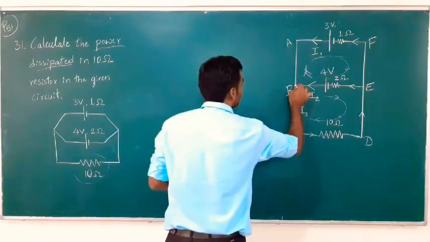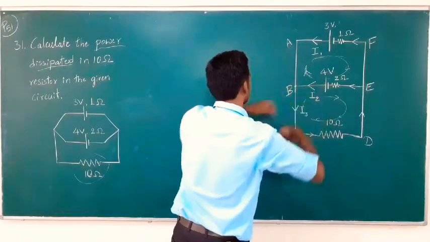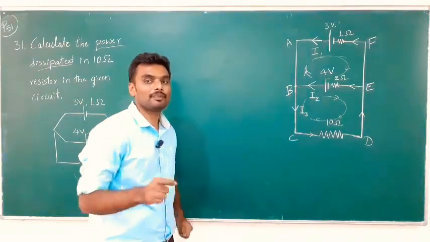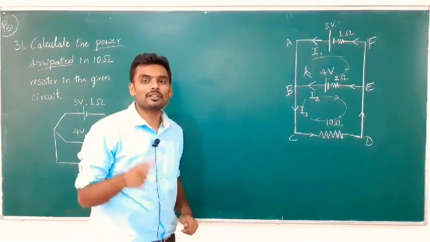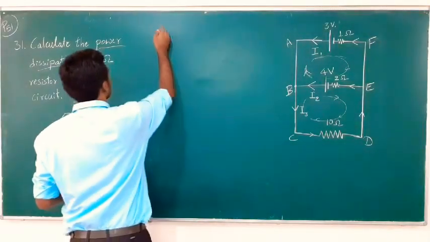How do I get that? By applying, okay, it's quite easy. You can say I1 here, I2 here, together it is I3. So it becomes I1 plus I2 is equal to I3, but you can't take that directly. You have to mention it with the law. The law that I'll make use of is KCL.